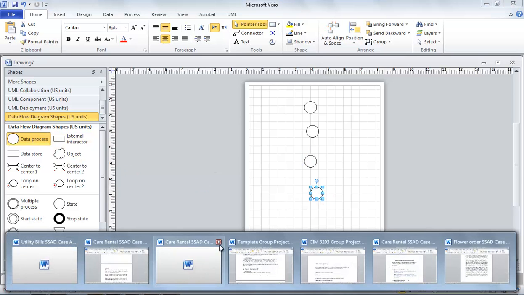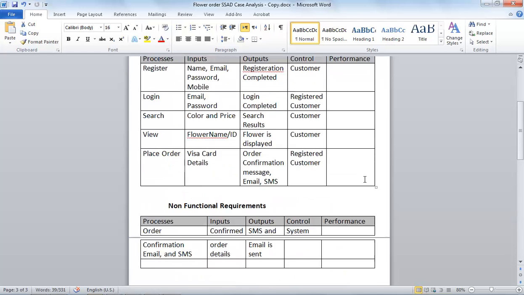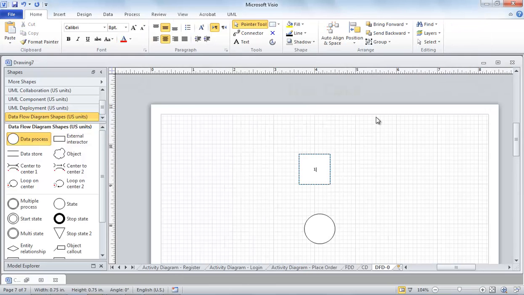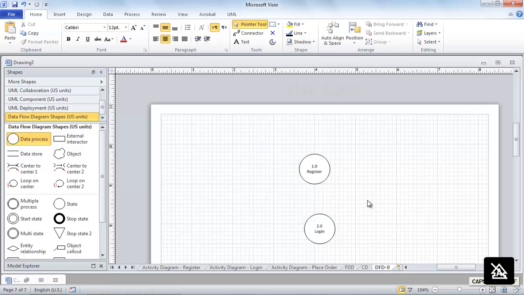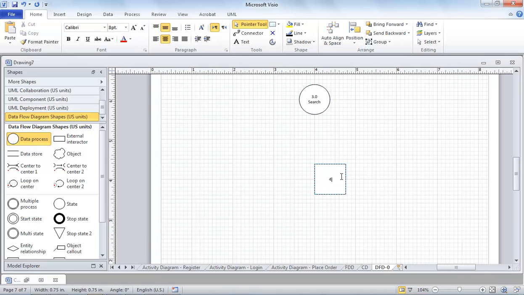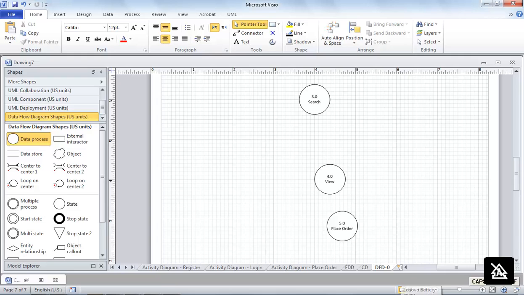Let's see what my processes are. They are only functional requirements: register, login, search, view, place order. 1.0 register, 2.0 login, 3.0 search, 4.0 view, 5.0 place order. So these are